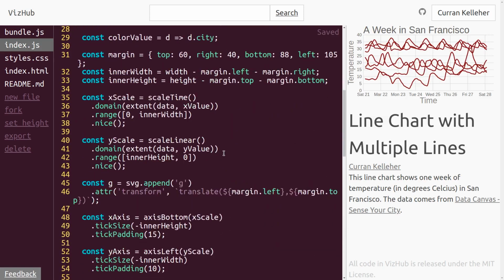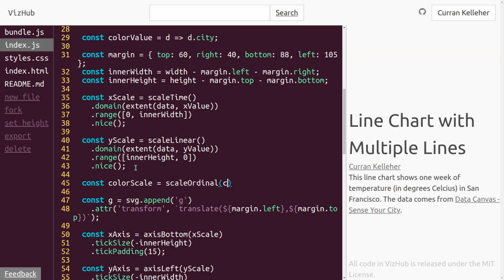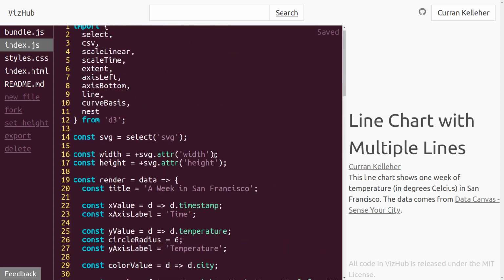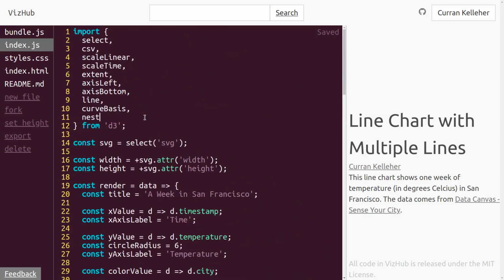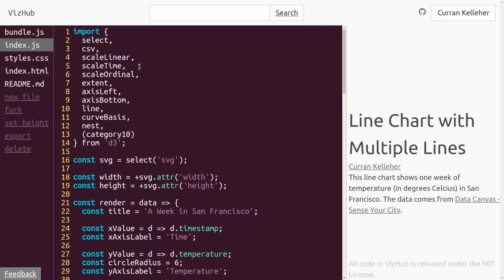And then in our scales section, we've got xScale, yScale, and now let's add colorScale. And let's make this an ordinal scale. We can say scaleOrdinal. And for the range, I'll just use category10, sort of my go-to color scheme. And both of these, I believe, are not yet imported from D3. So up here, I'm going to go ahead and import scaleOrdinal along with our other types of scales, and